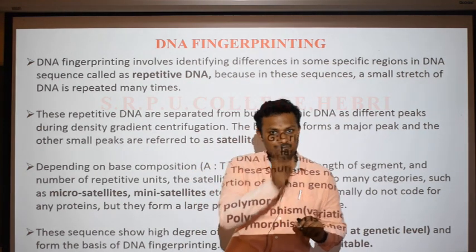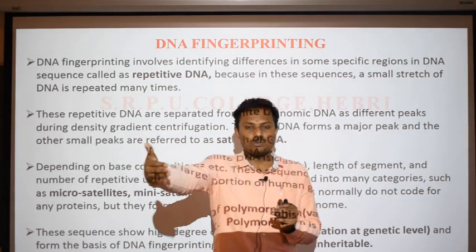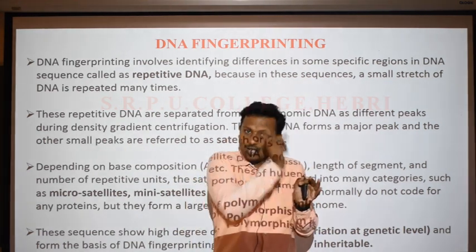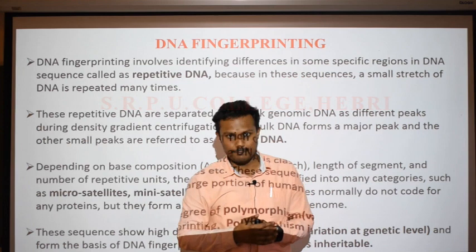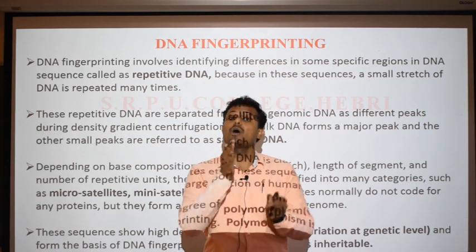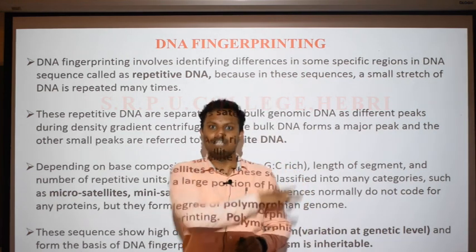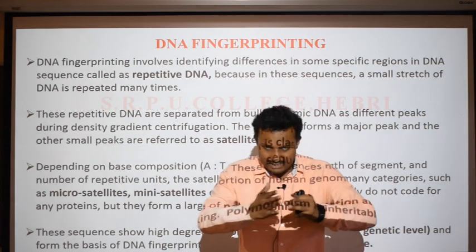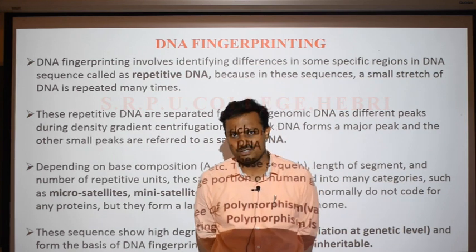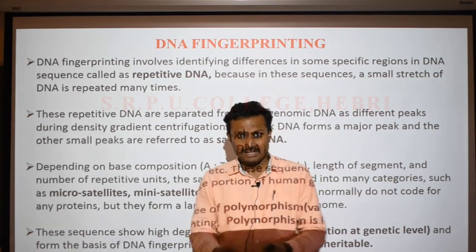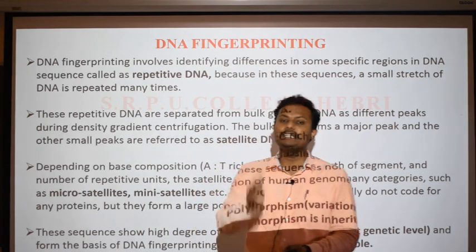If it is a single nitrogen base, it is called single nucleotide polymorphism. So polymorphism is nothing but what? Repetitive sequences of the DNA. If it is a segment of the DNA with a set of nitrogen bases, it is called tandem repeats. So these tandem repeats or single nucleotide polymorphisms, basically polymorphism or repetitive sequences or satellite DNA, will form the basis of these differences, that is the 0.1% difference with respect to the genome of individual human beings. Basically our 0.1% genome difference is mainly because of these repetitive DNA sequences.